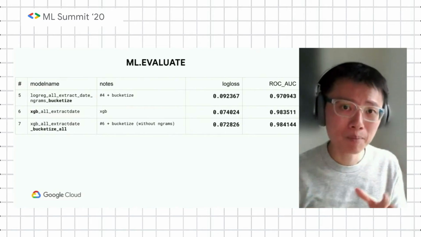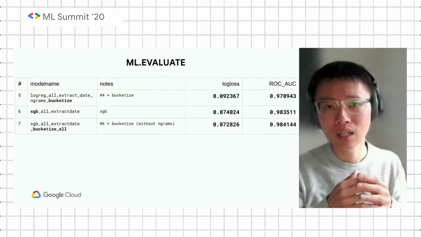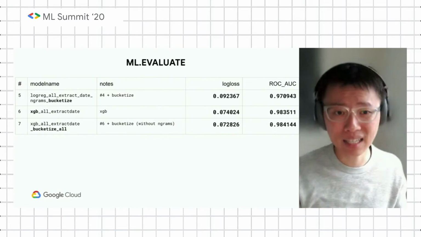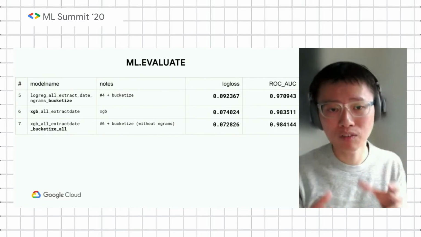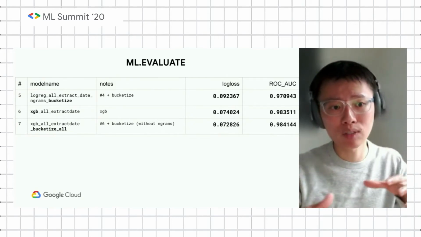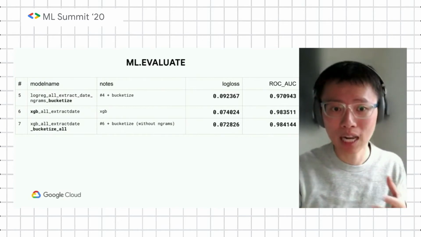So it could be that the text in that traffic campaign simply was not highly available. There could only be maybe a few rows here and there that had the campaigns or whatnot. That would be worthwhile for me to investigate, but it just turns out that using n-grams did not improve my model, so I've simply dropped it, at least from this table here, so it helps you understand